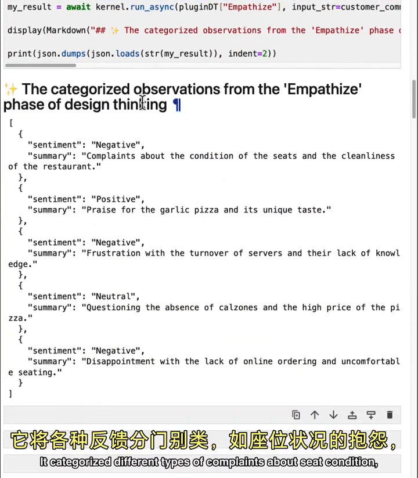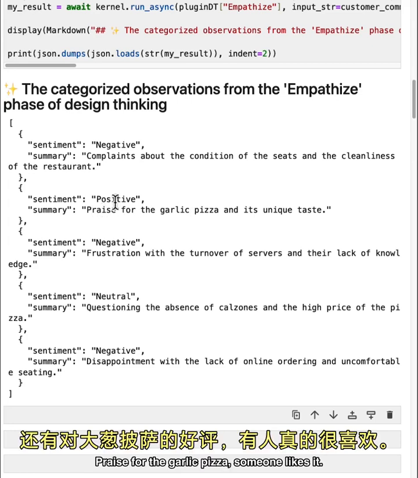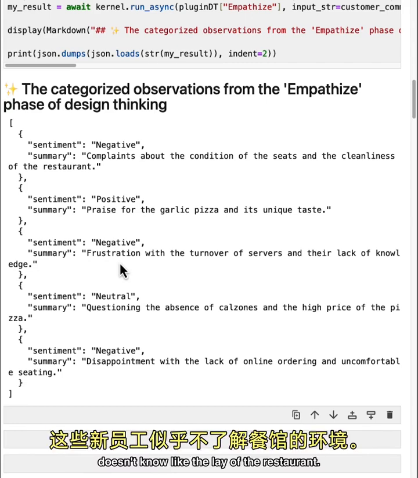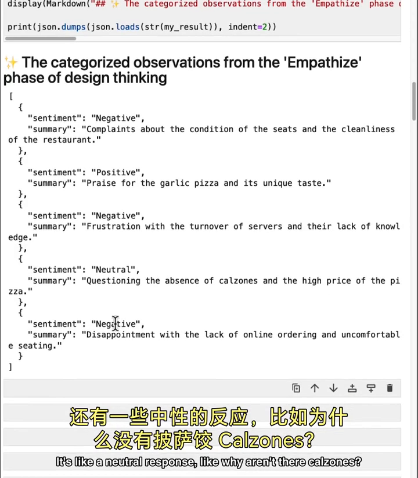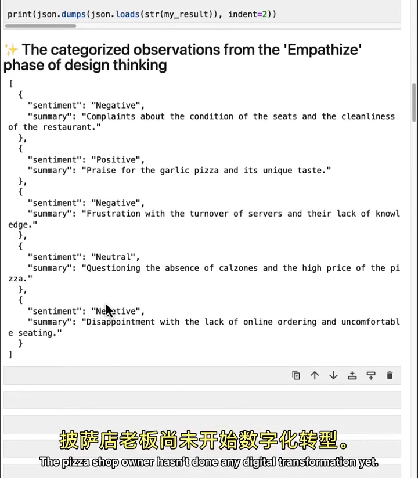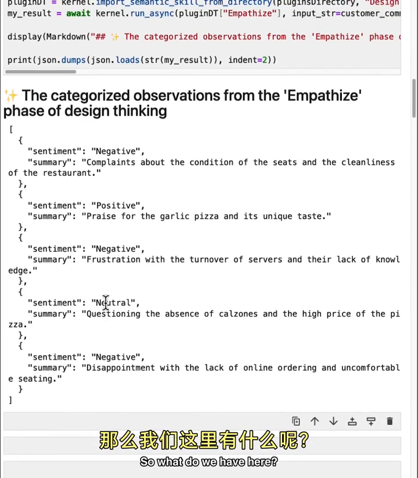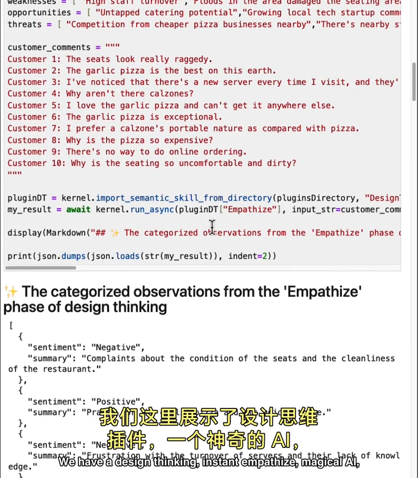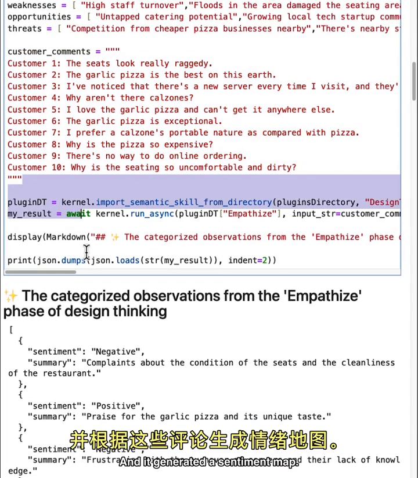So what did it do? It categorized different types of complaints about seat condition, praise for the garlic pizza, someone likes it, frustration because always a new person is serving them, doesn't know the lay of the restaurant. This is like a neutral response, like why aren't there calzones? And lastly, there's no online ordering. The pizza shop owner hasn't done any digital transformation yet. So what do we have here? We have a design thinking, instant empathize, magical AI generative moment that took in these comments and